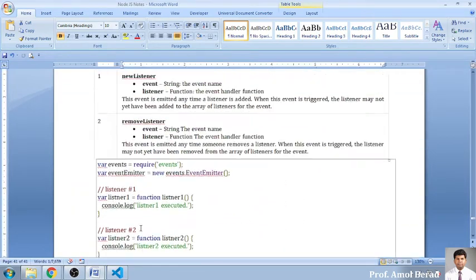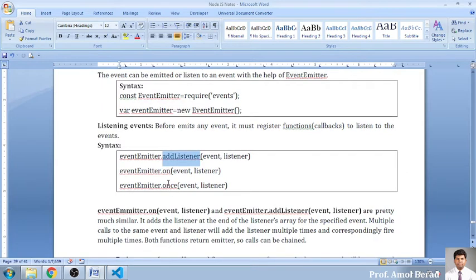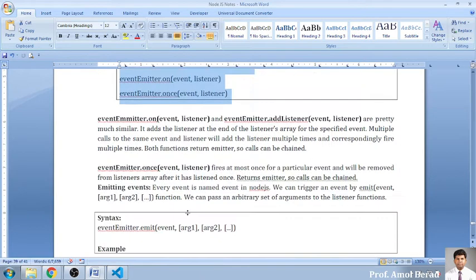Now we'll move further. This was a simple example I have covered. Now we'll go again in more detail. This is the theoretical part. I will be sharing the notes with you. Whenever you want to work with listeners, you have to use the functions add listener, on and once. So these three functions are basically used for adding an event with the specified listeners. This is your function, and this is the name you will be creating. You keep in mind these are the only three functions where you can create an event and bind the event for the purpose of execution.